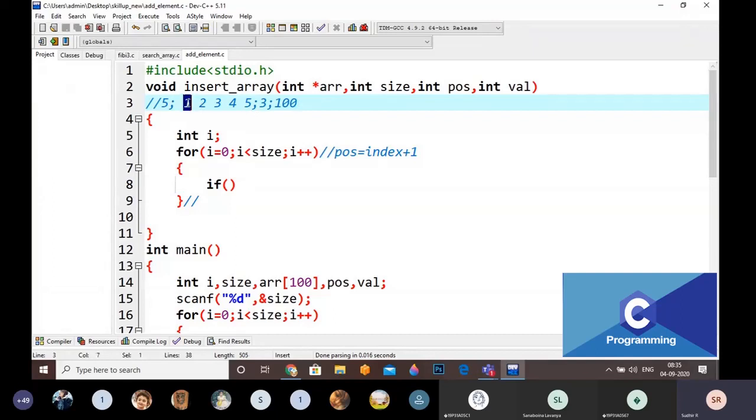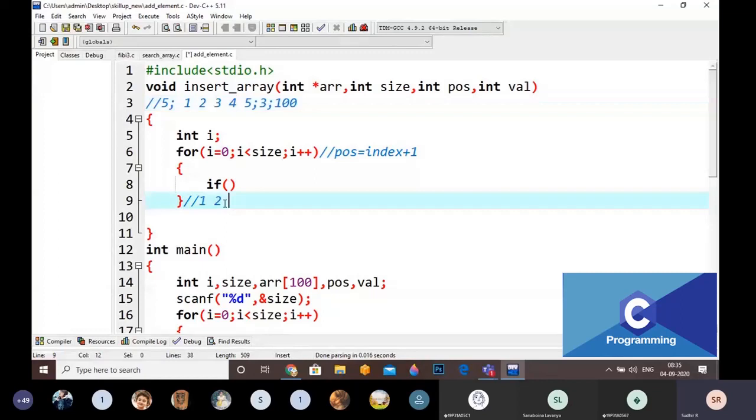This is position 1, this is position 2, this is position 3, right? If I reach position 3, the values before the position are not changed. At the position and after it, I am going to give an empty location. That means here is 3, 3, 4, 5. I am going to copy this. For example, it is like this, right? 3, 4, and 5.